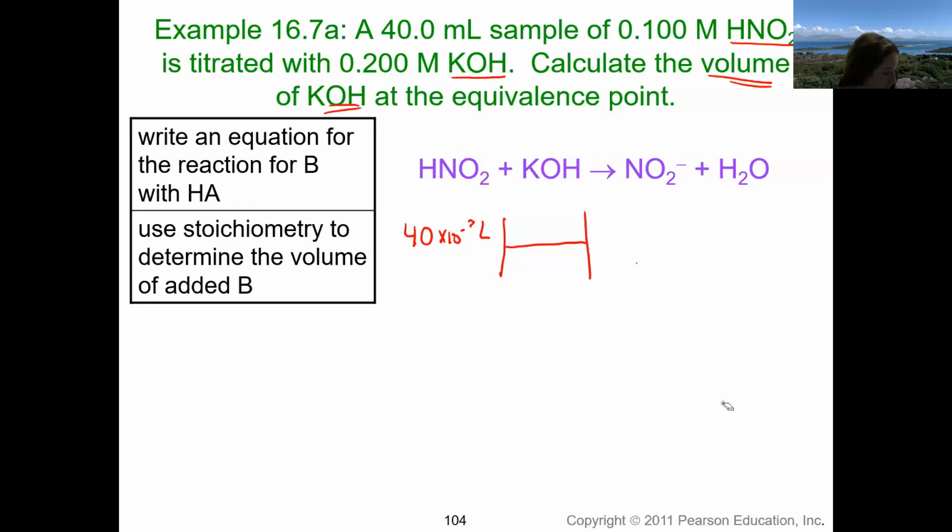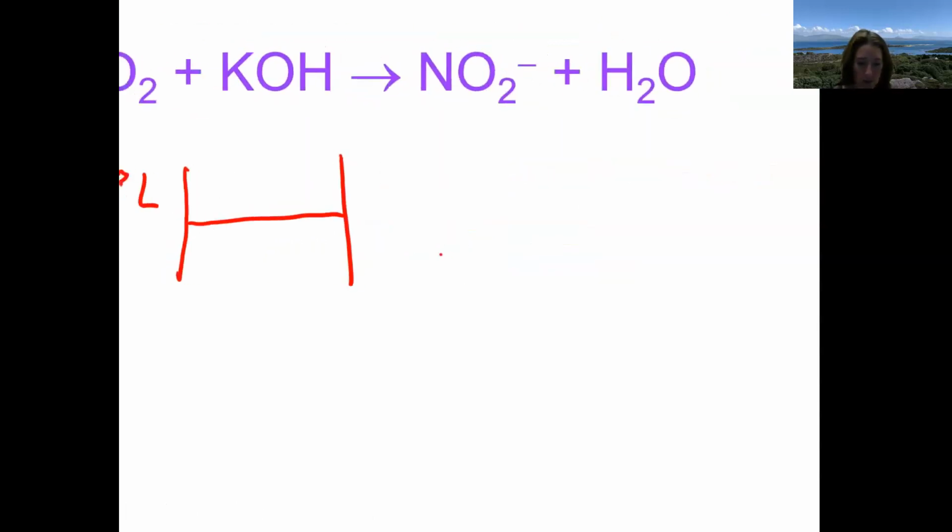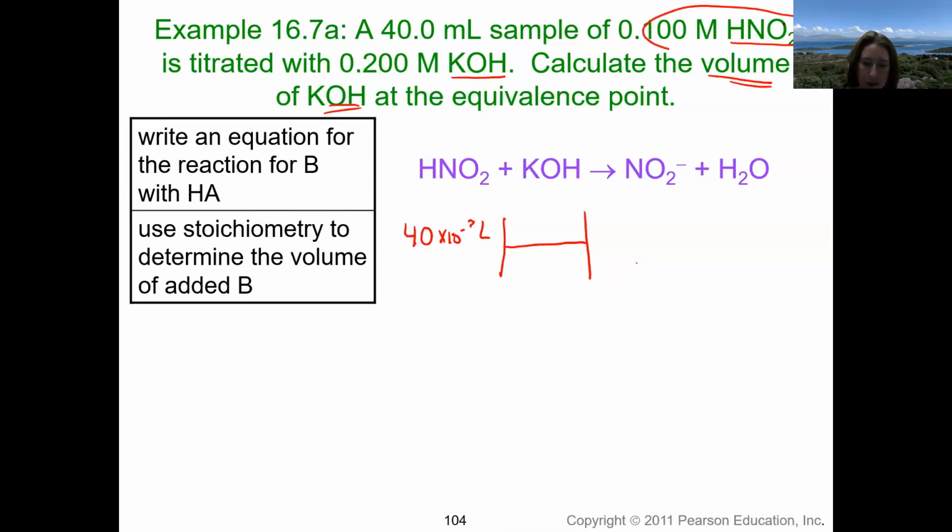So we have this molarity and this molarity and this volume, right? So we kind of have to deal with these two. So that's our HNO2, and we have 0.1